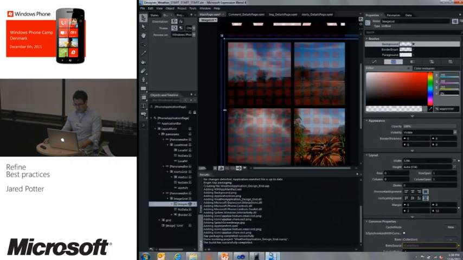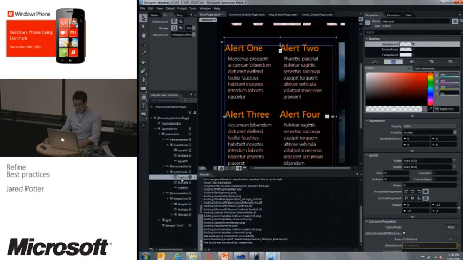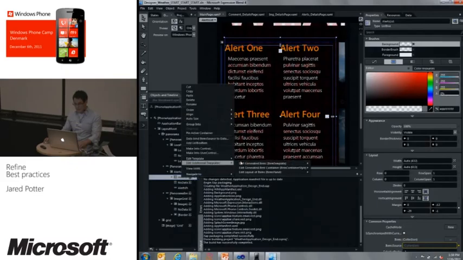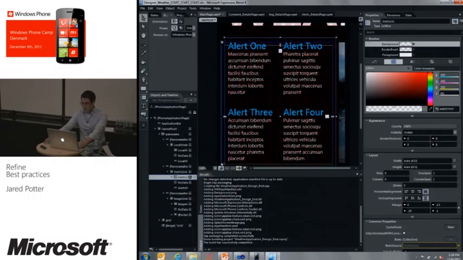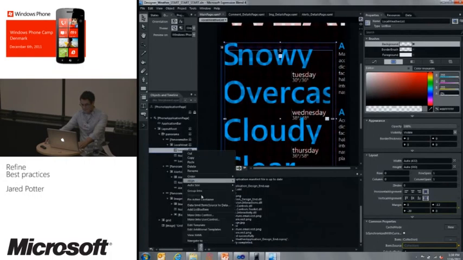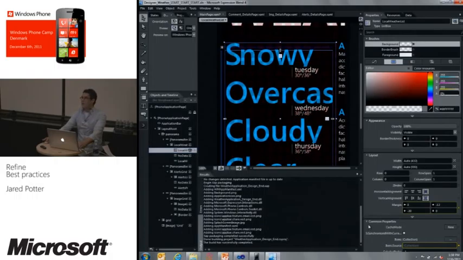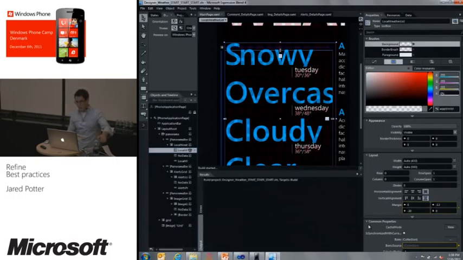So if I come back here to Blend and I go to my first alerts thing, I have another template that I made ahead of time, smoke and mirrors. I'm going to apply a new template and align it to the grid a little bit better. Now I'm going to go to my first weather. Edit this template too. And it basically just does some, but if I save this and hit F5, when we run the project,